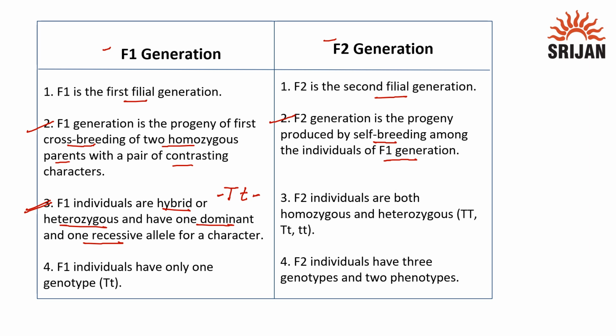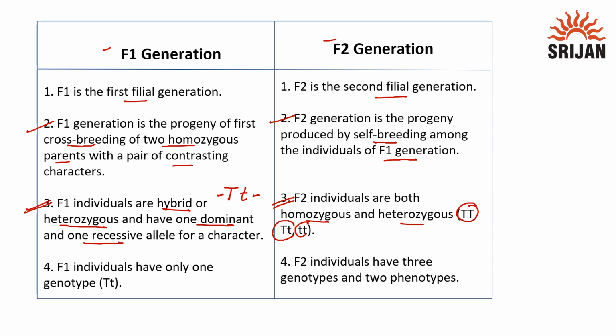Whereas in the case of the F2 generation, the individuals are going to be both homozygous and heterozygous. So you can see that capital T, that is the same allele, small t, again the same allele. So both of these are going to be homozygous, whereas this capital T small t, having two different alleles, is going